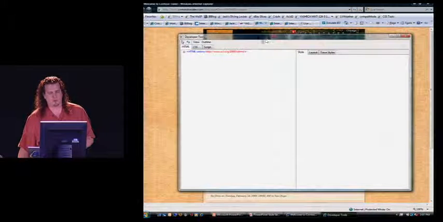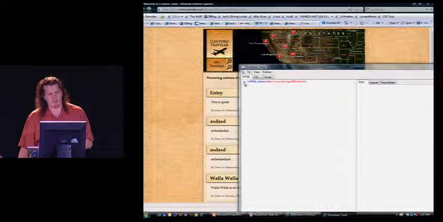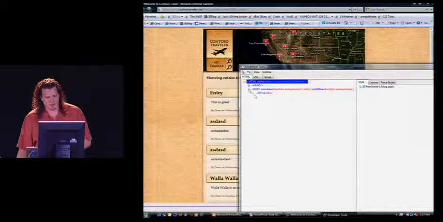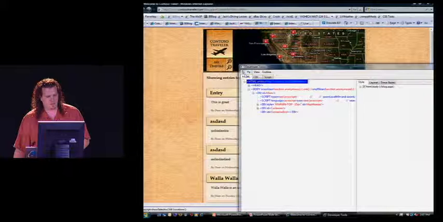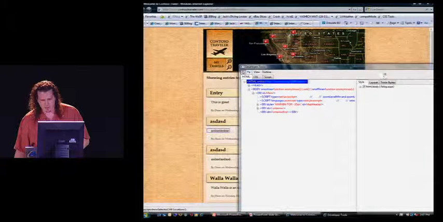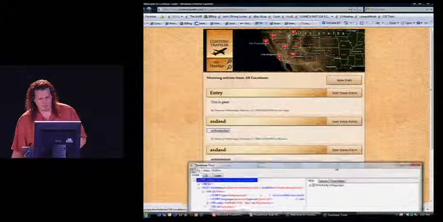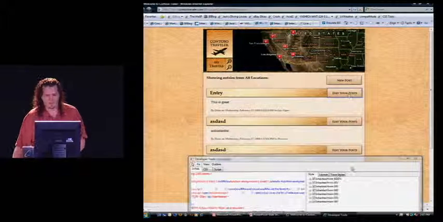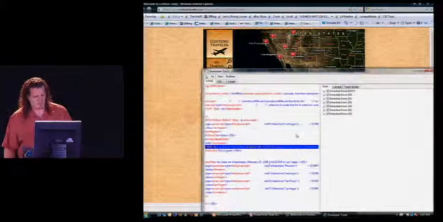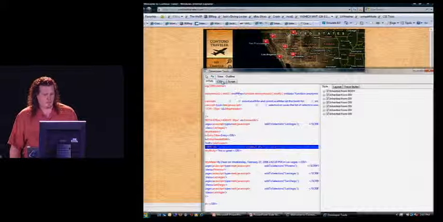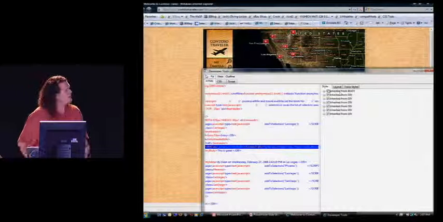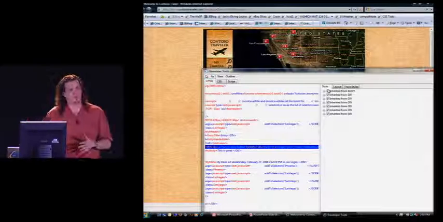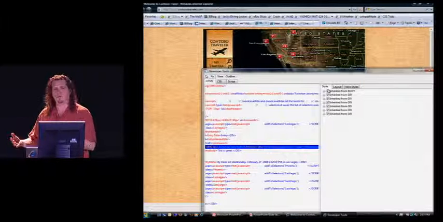Now, the developer tool obviously has all the standard stuff. You can troll through the tree and find things. You can select elements on the page. And actually, let me find something a little more interesting here. Let's find something that's clickable. You can select elements on the page. You can look at the styles on the side here. And the styles will actually tell you where they came from.